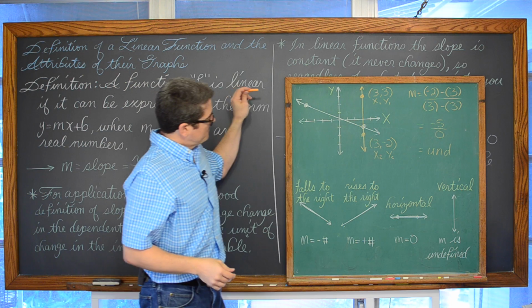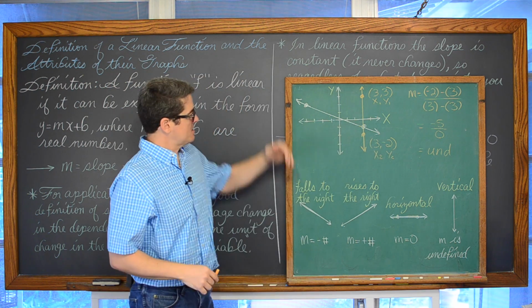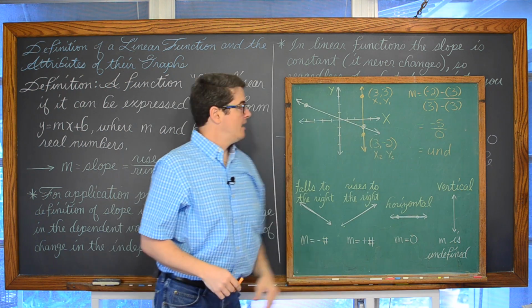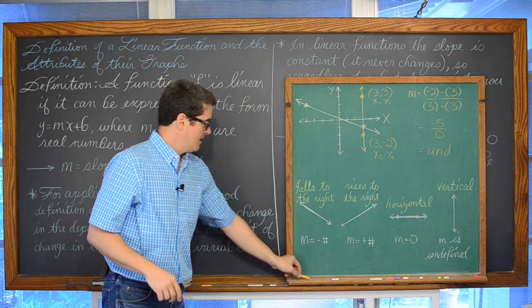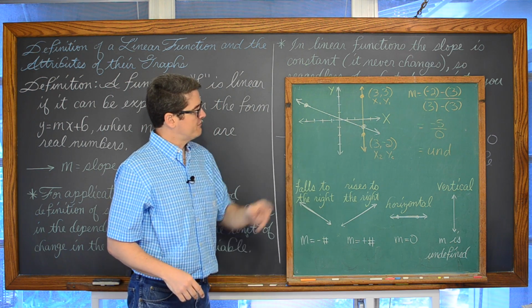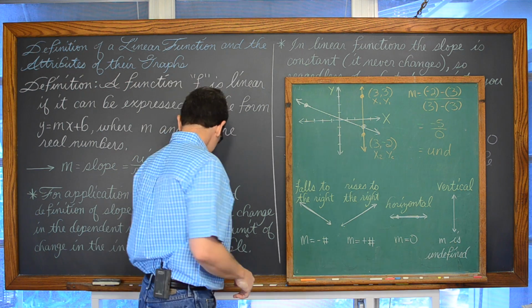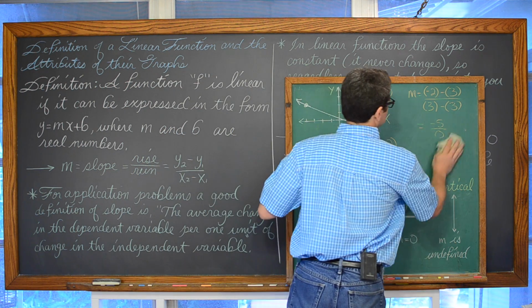This other line, as you read it left to right, seems to be falling, going down. The y values are decreasing as the x is increasing. So I think when we find the slope of that white line that it should come out to be negative.